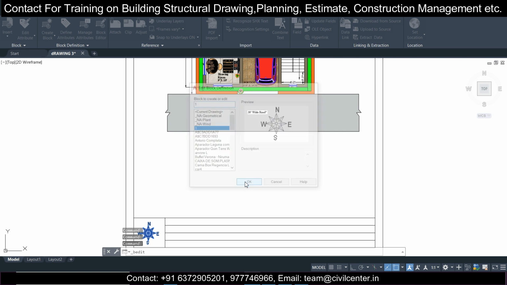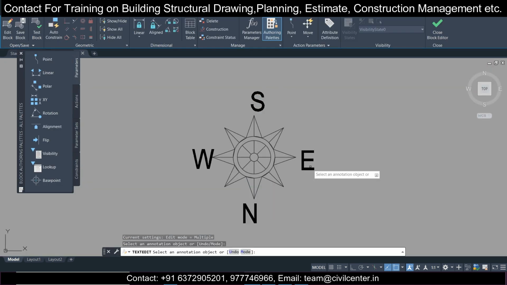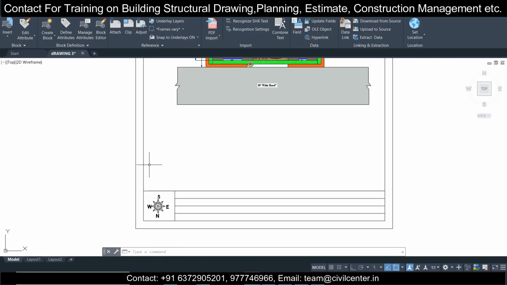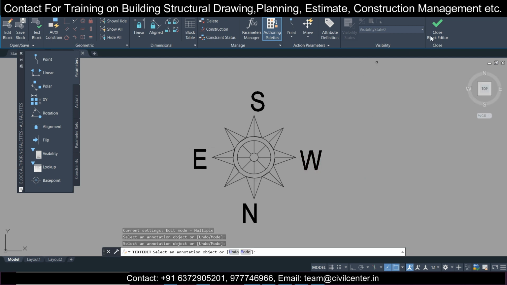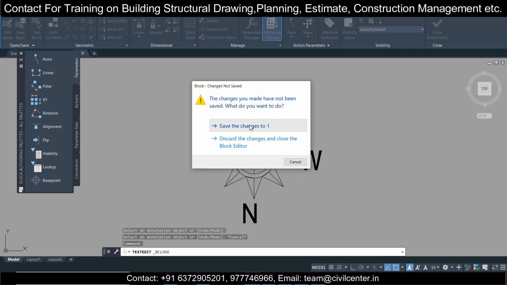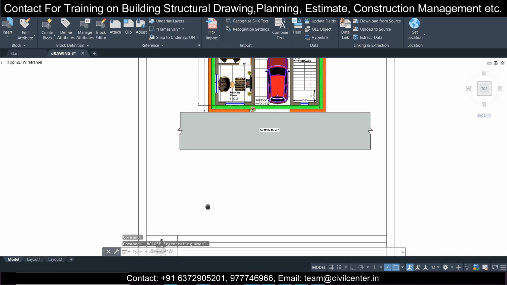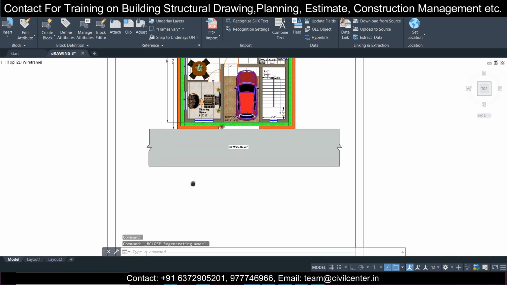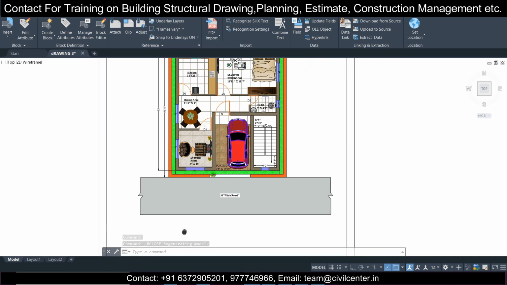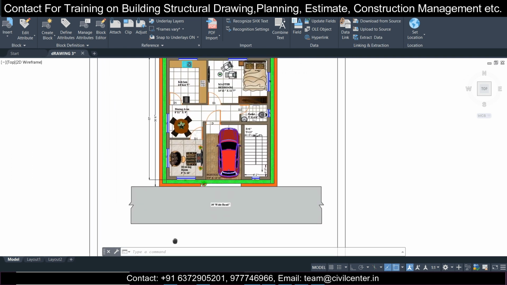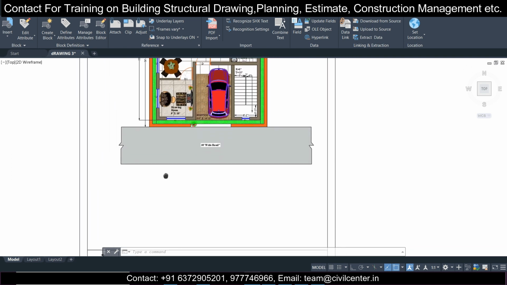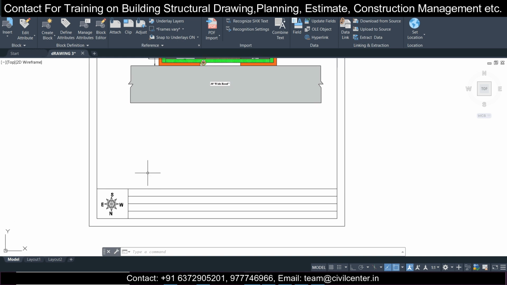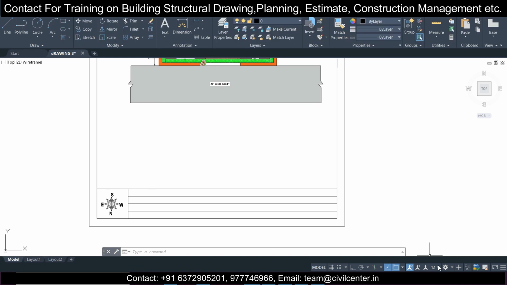I'll just edit this. Now you can close the editor. So here you will have a northeast drawing room, a northwest staircase, southeast kitchen, southwest master bedroom as per Vastu. Perfect.